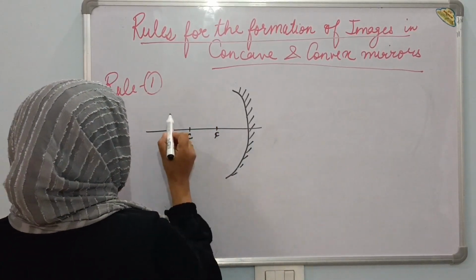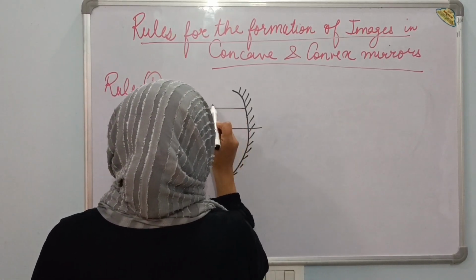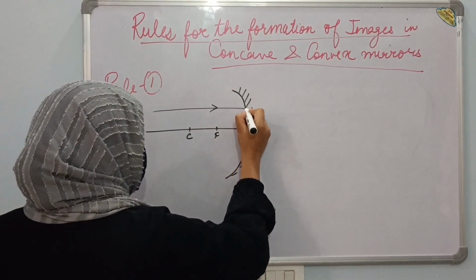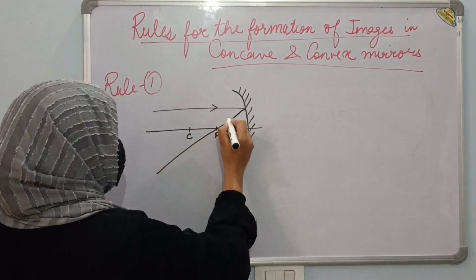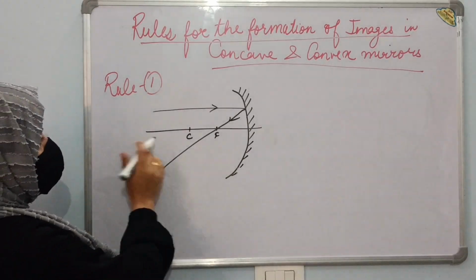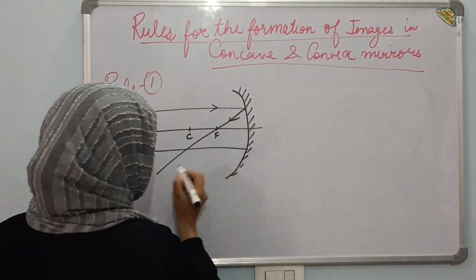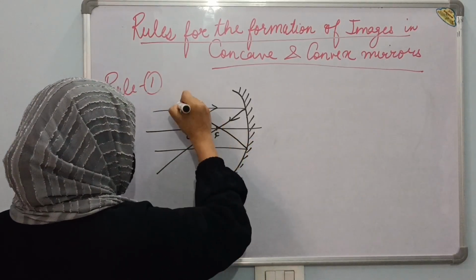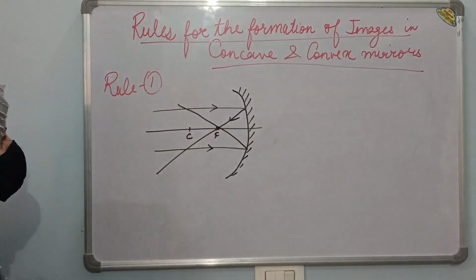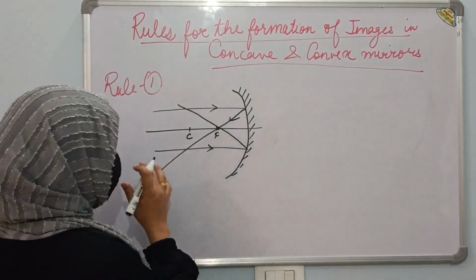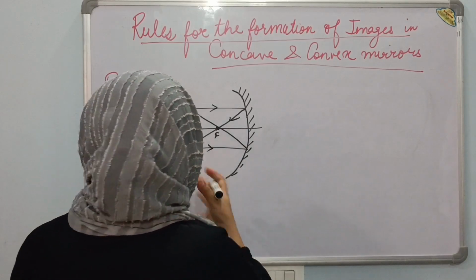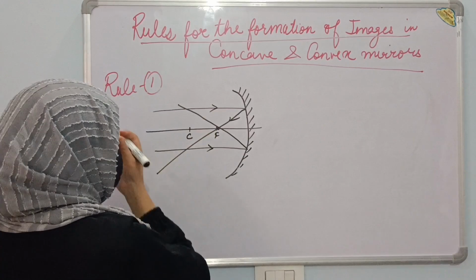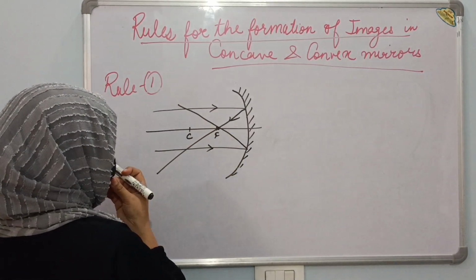Then rule 1 says that whenever a ray of light is incident parallel, or you can say a beam of light is incident parallel to the principal axis, it will always pass through the focus. Okay, whether it is coming from here, अगर ये parallel है, parallel to the principal axis, it will always pass through the focus. My diagram will not always be very perfect. I'm not so good in drawing, and on the blackboard also it doesn't come perfect. But you have to use a ruler. Always use a ruler, you'll get it perfect. So it will always pass through the focus.